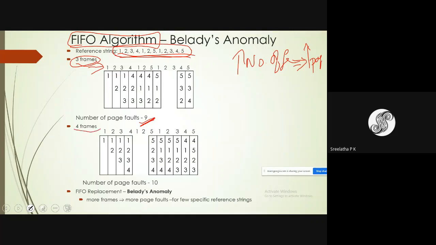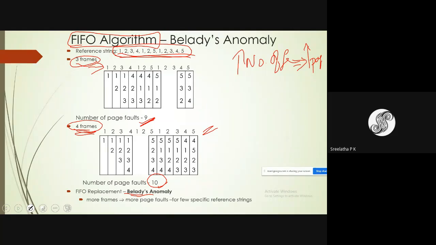If the frames are 4, increased by 1, then for the same string, the number of page faults is also increased to 10. Okay, and this is found by a scientist, Belady. So what he says is, even if the number of frames increases, for few strings, the number of page faults also increases.